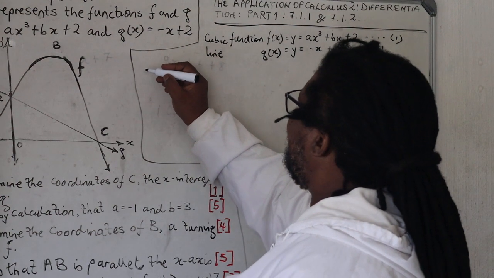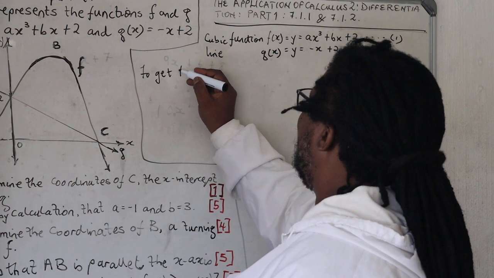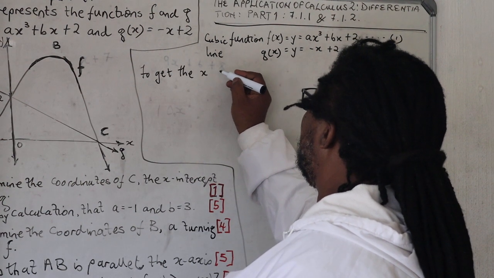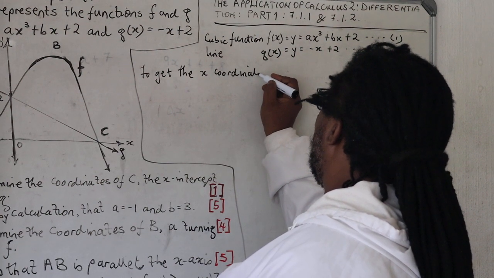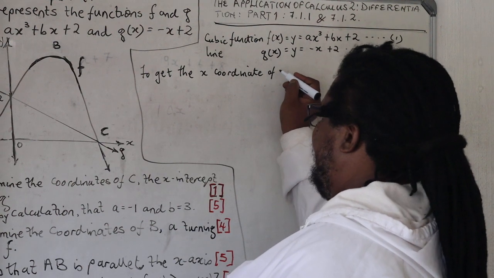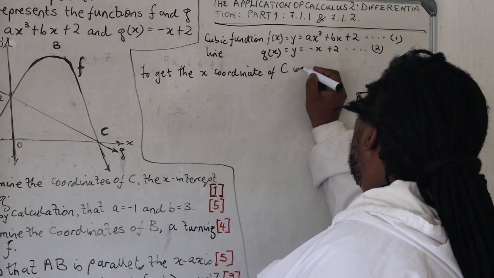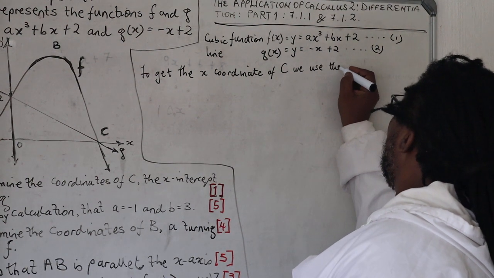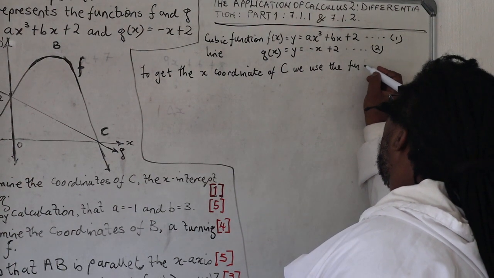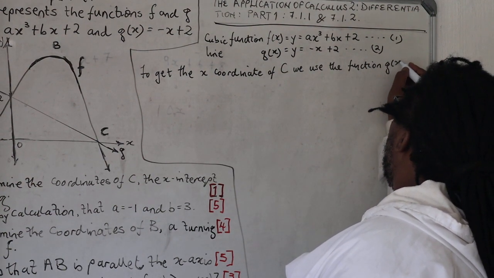So to get the x coordinate of C, we use the function g(x)